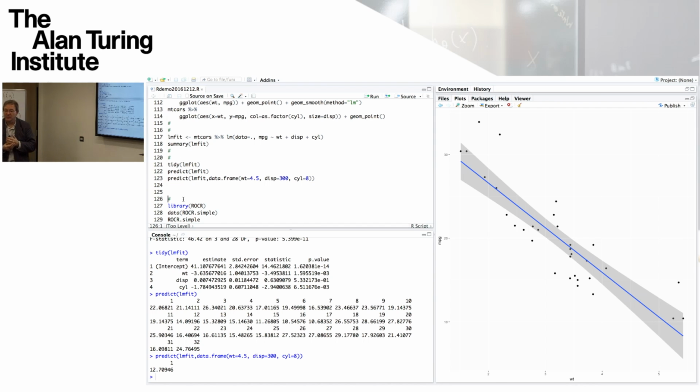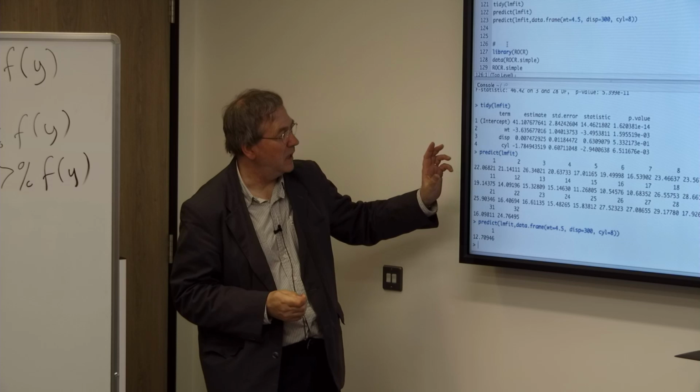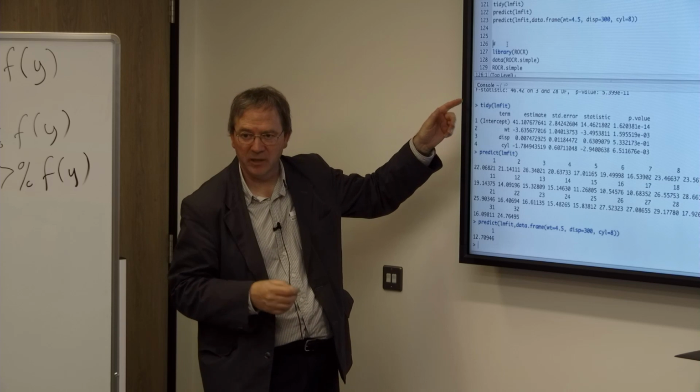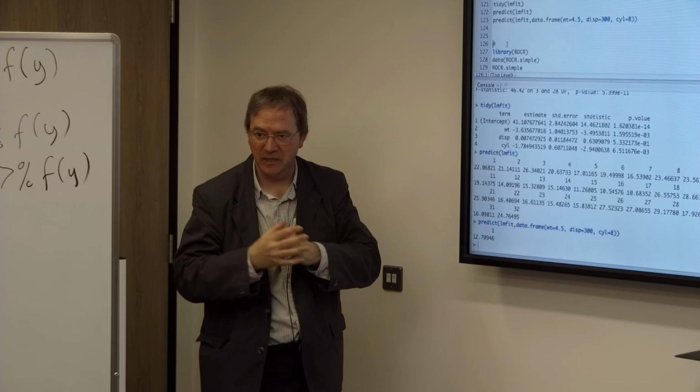Does the package also work with other models, instead of just the linear model, like GLM? Would that work as well? Yeah. So the Broom package, which gives tidy, augment and glance, works with quite a wide range of R objects corresponding to the output of different model fittings. So LM, GLM, and so forth. I can't remember the complete list, but I think it was quite long and growing, and you can contribute new ones too. You could tailor the Broom library to work with a new model fitting of your own design, for example.